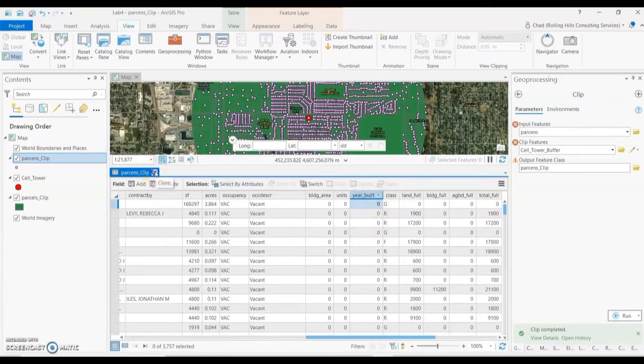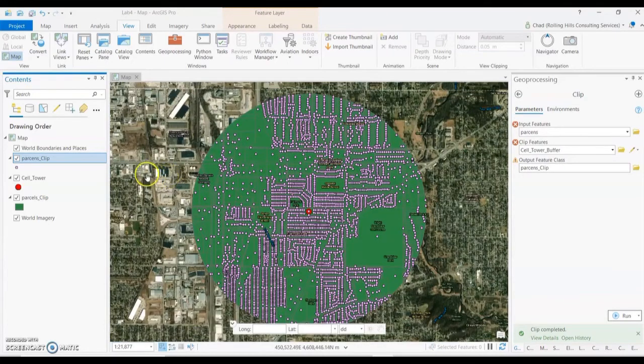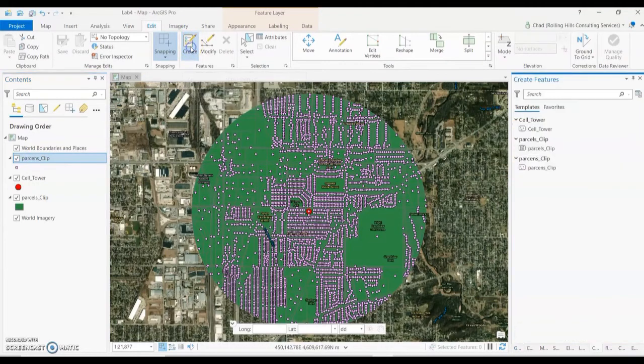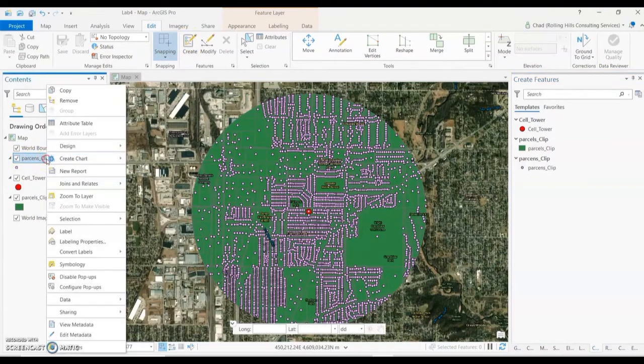So let's click out of Parsons clip. We're going to delete any point that has a 0 in it. So let's go to edit and click on create so that it's opening up an edit session. It knows it can edit now. And let's right click on Parsons clip, the point shapefile, go to properties,